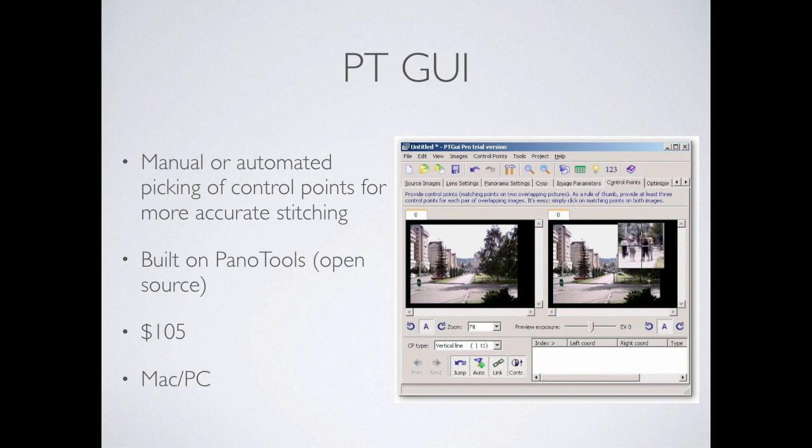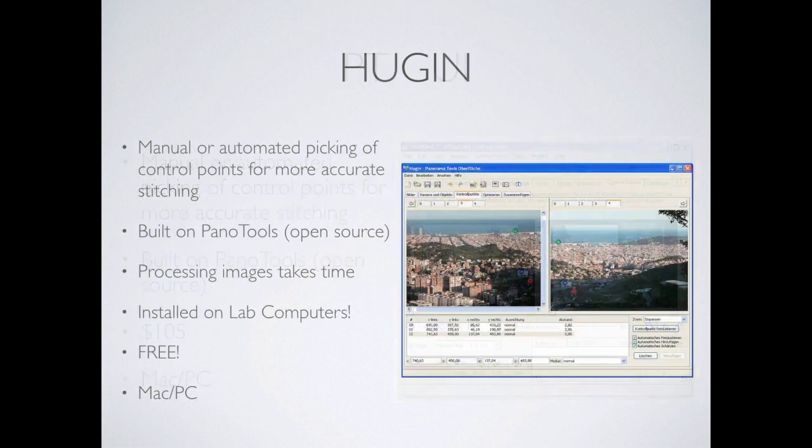PTGui is one. This is built on a code base called Panotools. There's a free version of this that I'll concentrate a little bit more on, because free as a student is always a good thing. So if you're interested in learning how to stitch panoramas together using a little bit more sophisticated piece of software, Hugin is the one to go to. It basically will run through an automated process, but then you can go in and correct visually, saying this point on this image matches this point on that image,